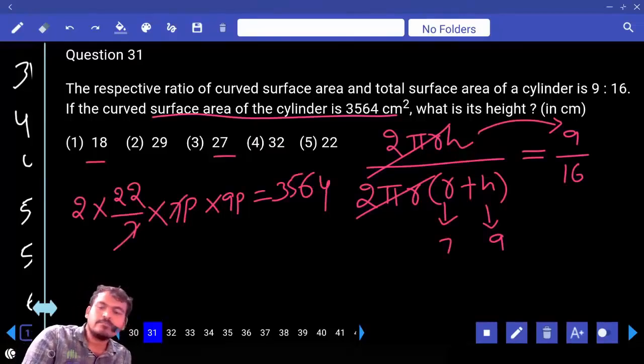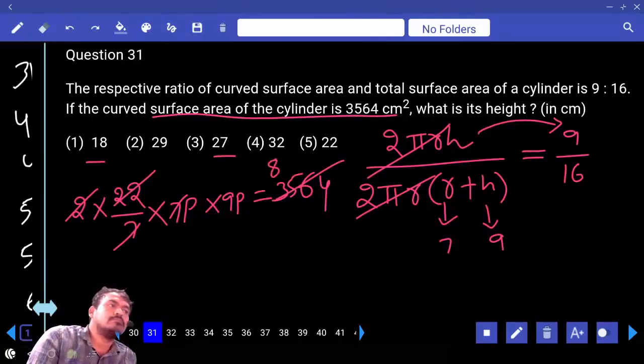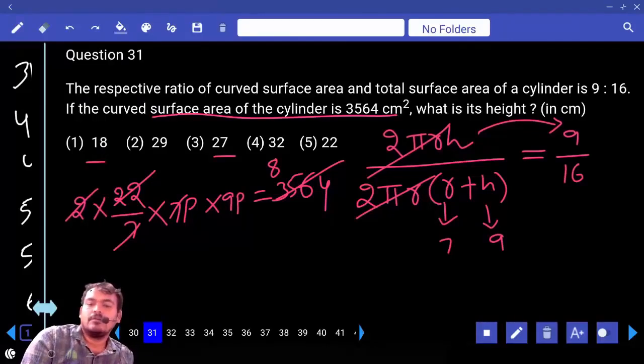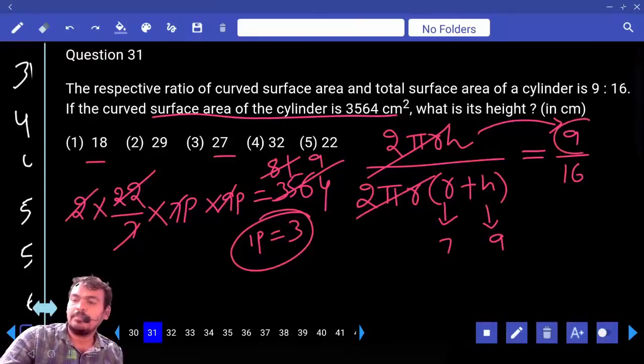Okay. 2 into 22, 44. 44 almost 8 times or not? 44 8 times 352. What is the remaining value? 44. How many times? 9 times or not? Means 1 time. 9 again how many times? 9 times. Parts into parts, it will be part square or not? Every one part equal to 3. We required how many parts? 9 parts. Then answer